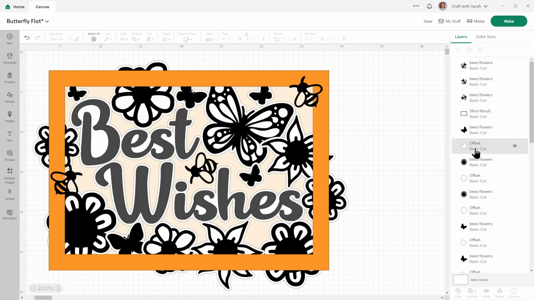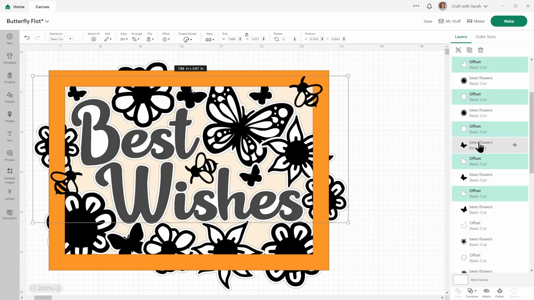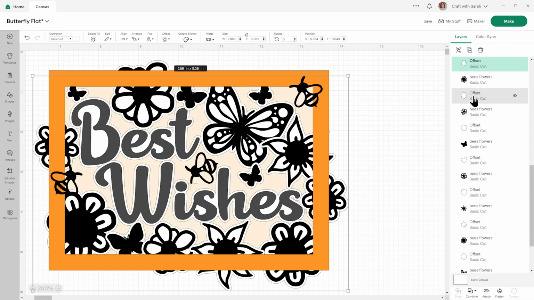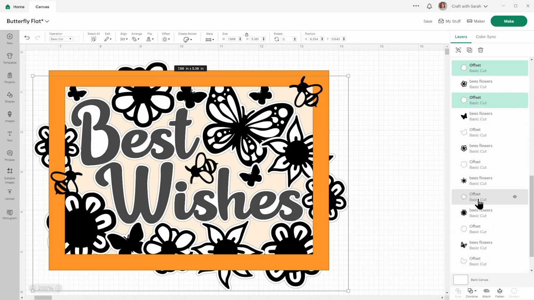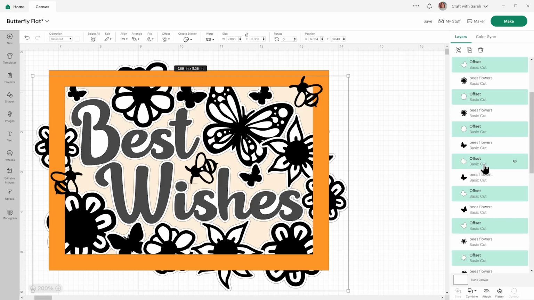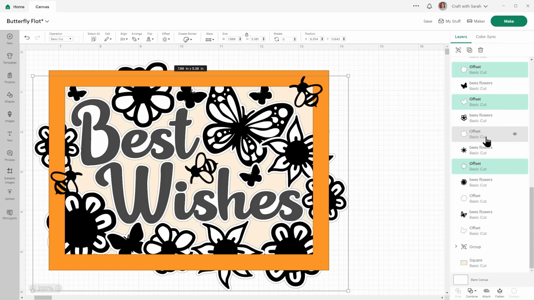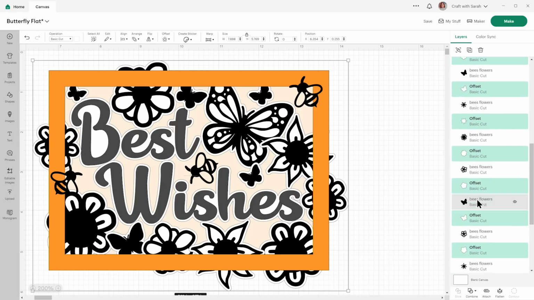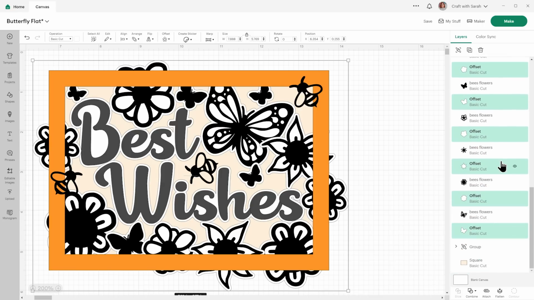So I'm going to go through, click on one of my offsets, then press Shift on my keyboard, keep the Shift key held down. You might have to let go of it when you scroll down the layers panel, but then press it again, and this is going to let you select multiple layers. There's a strange bug at the moment, which is you can scroll down, but then as soon as you click a layer, it takes you back up again. So you have to keep scrolling. It's a little bit time consuming, but we'll get there.